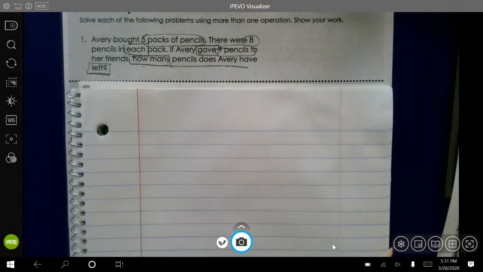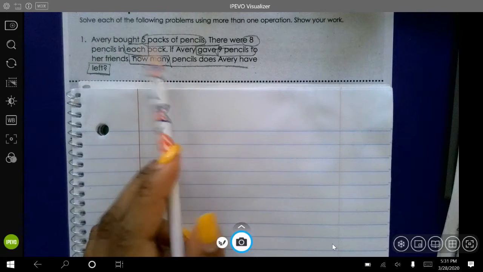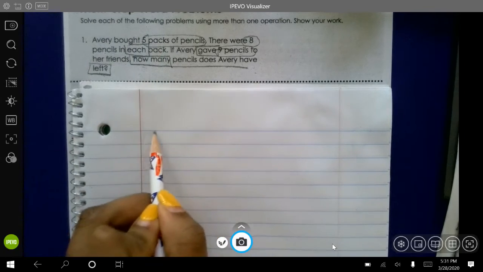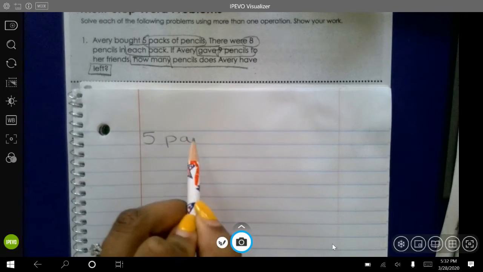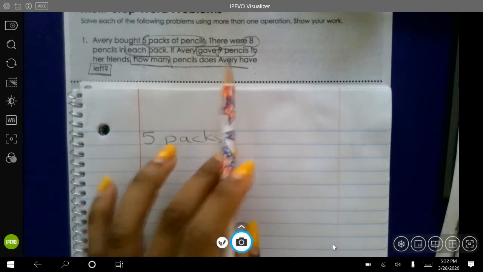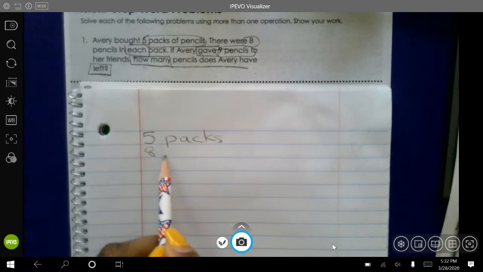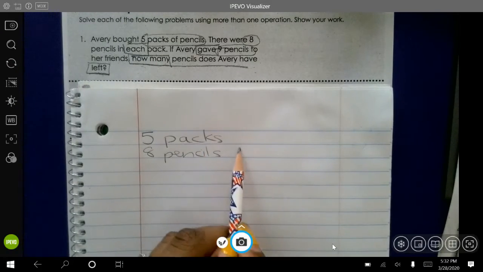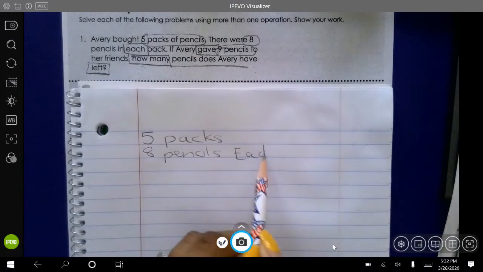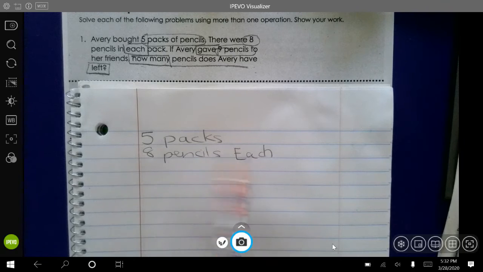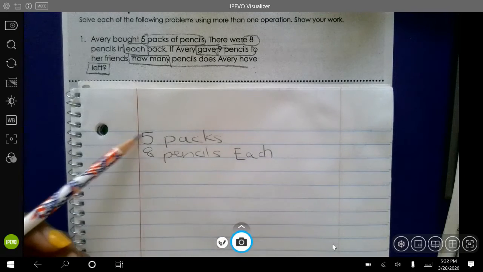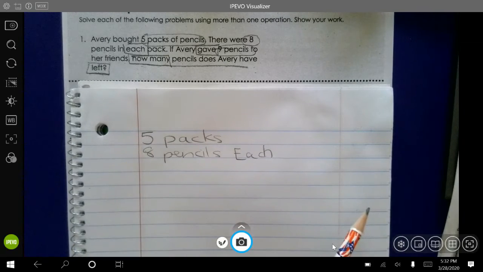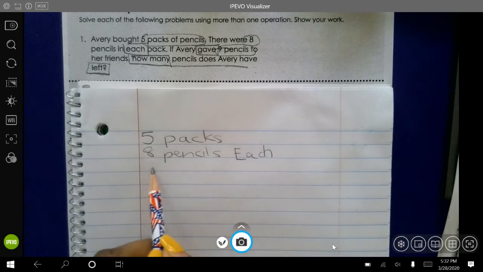Now, just looking at what I have circled that's important, I have 5 packs of pencils. 8 pencils, right, were in each pack. This is going to let me know the operation I need to use in order to work with these two numbers. Then it says I gave